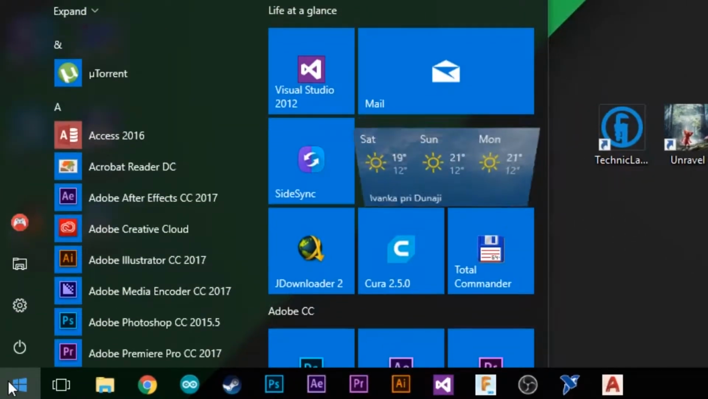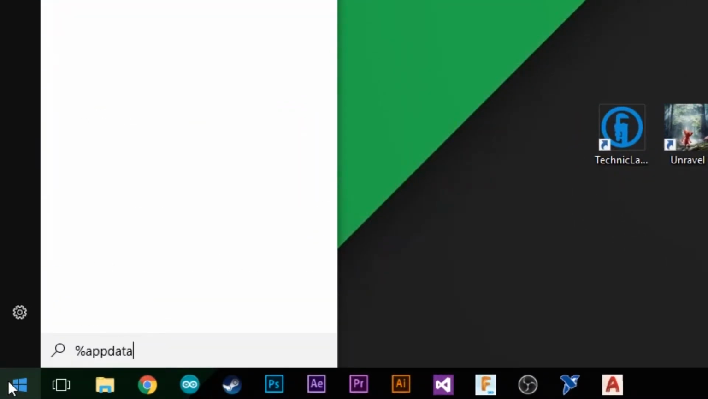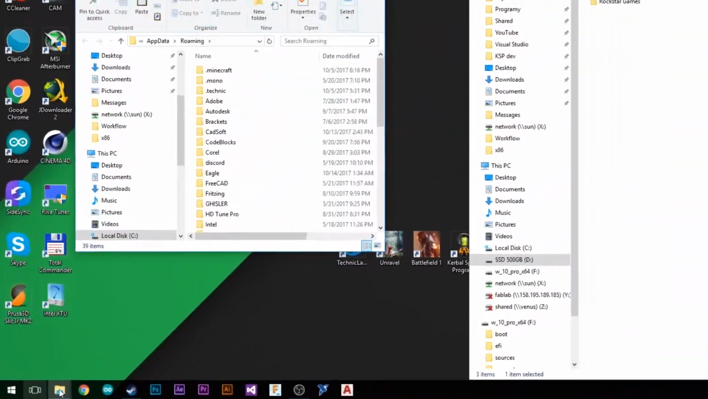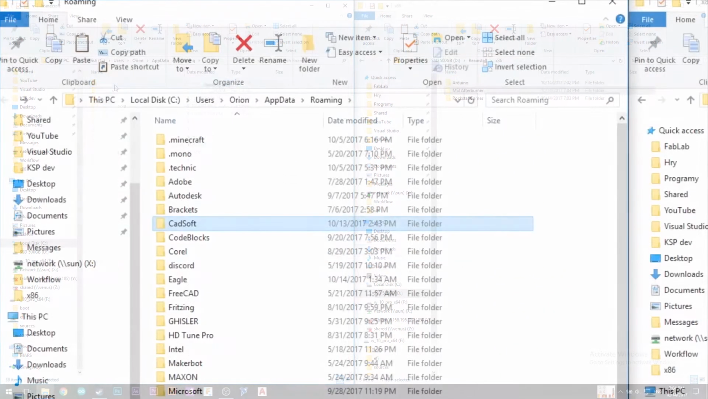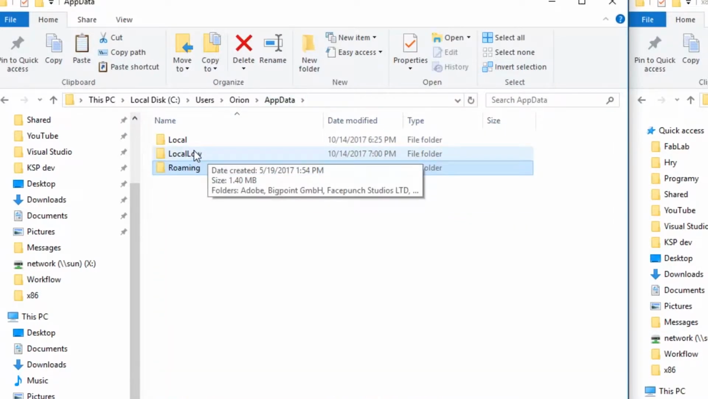Now another folder is called AppData. To open it, type %appdata% into start and press enter. Inside this folder is stored for example Minecraft, so copy something from it if you want to. Next is the Local folder. Again, to open it, type into start